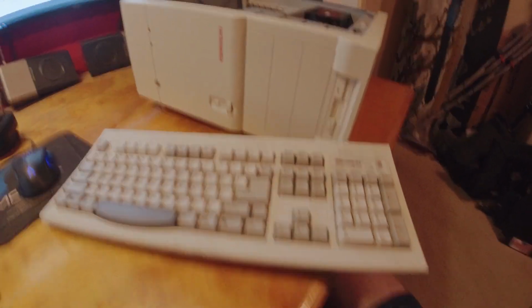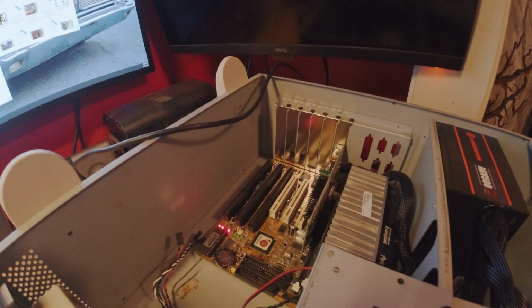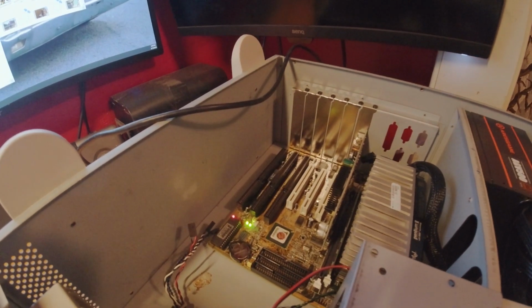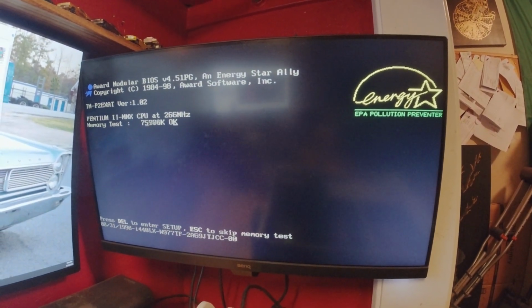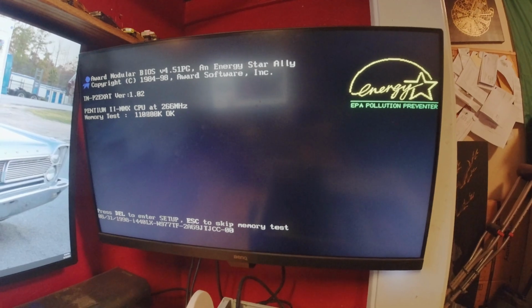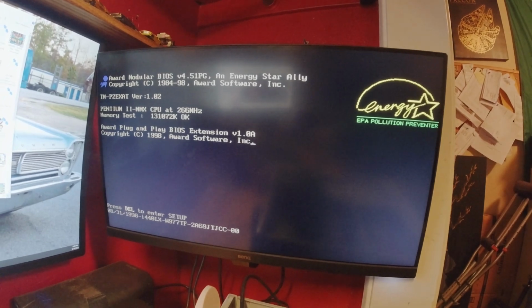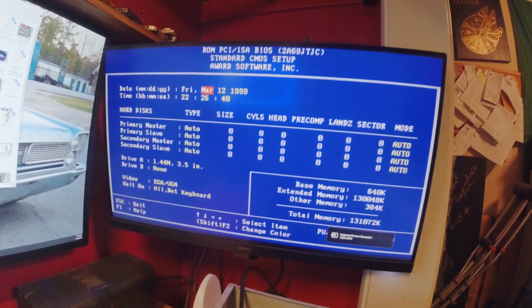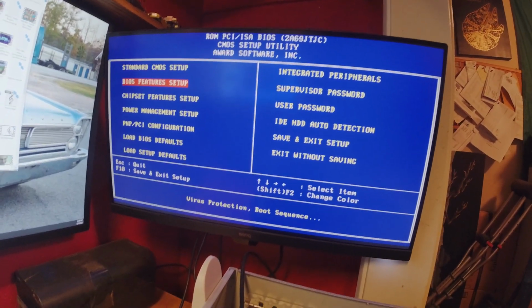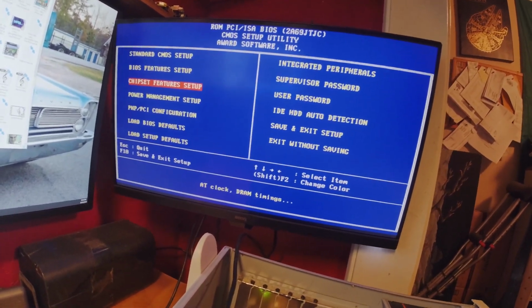Alright, got my AT keyboard here. Let's go ahead and fire this beast up. See, the lights are coming on the diagnostic center there, and we have a post. Press delete here to go into the BIOS. Kind of a standard Award BIOS. So for now,